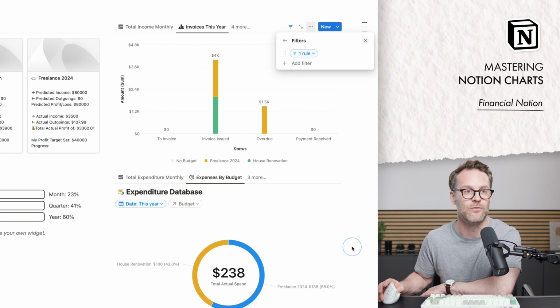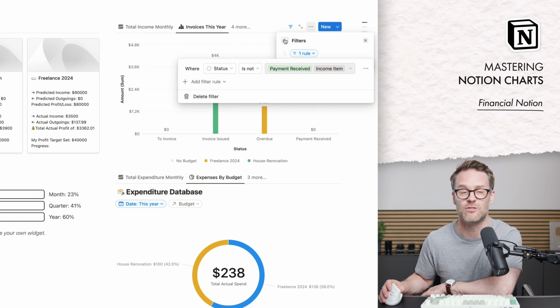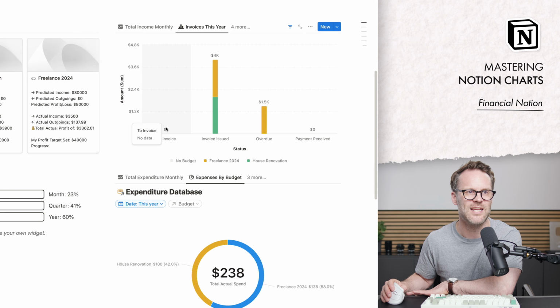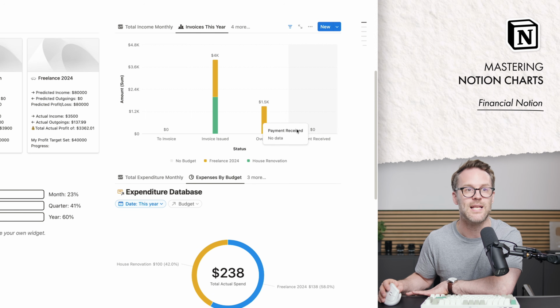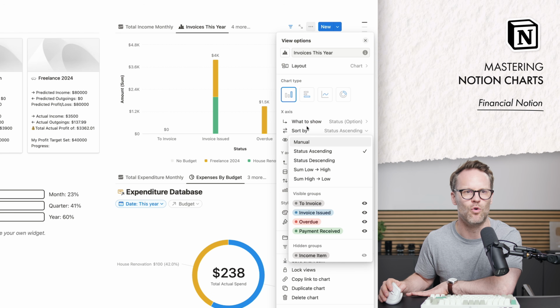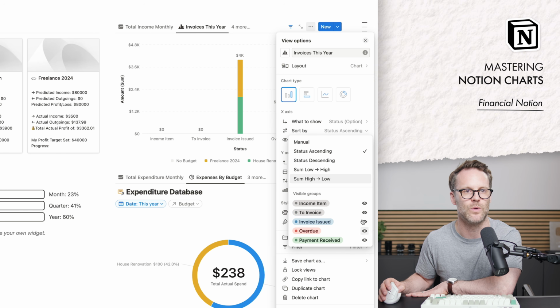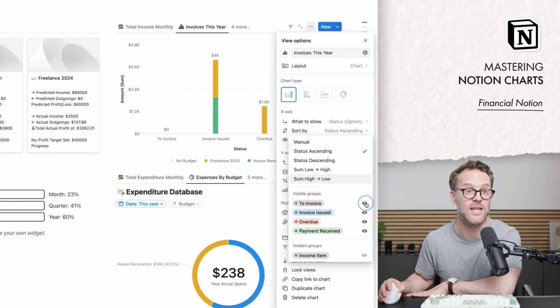So down the bottom, if we click into filter, I've currently got one rule and it will only show certain items. That's a normal filter as you would have on any database, but I can currently see payments received into invoice. Let's say I didn't want to view those. You also have the option within here, if you go into this sort, you can also hide visible groups such as that. So I've currently hidden my income items, which are things that don't relate to invoicing, so it cleans up the